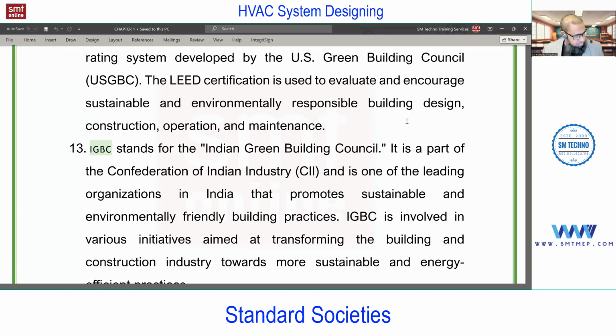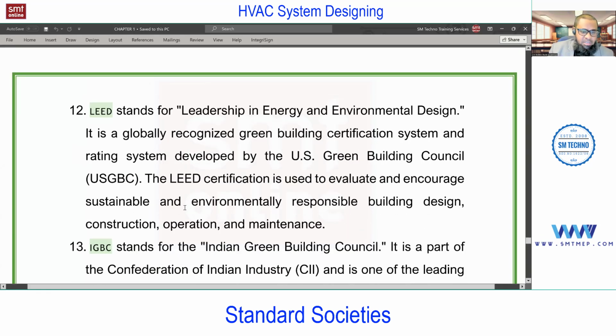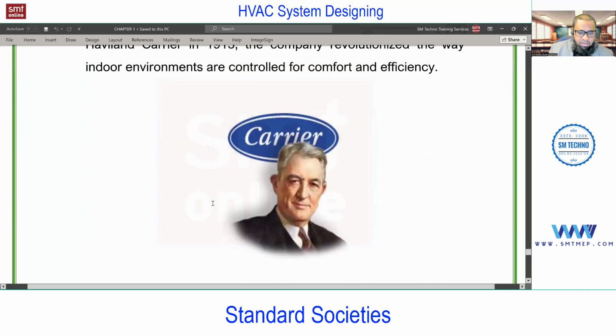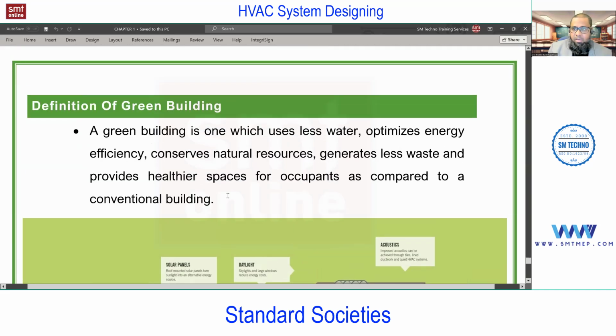Yeah, so you see the idea of the green building. What you said is correct, with respect to the HVAC engineer or for building services. But apart from this saving of energy, we have some more points to consider for green building. First of all, before dealing with these societies, let me explain what is green building. Green building does not mean that the color of the building is green.